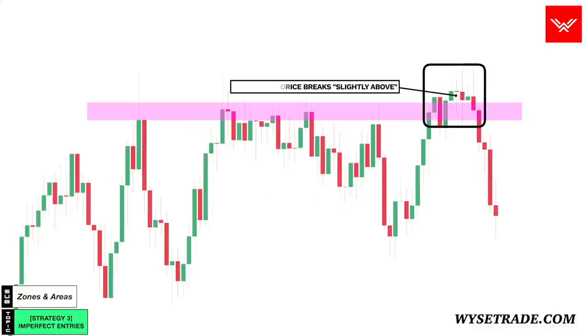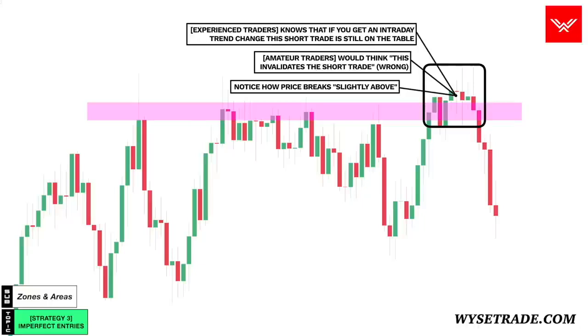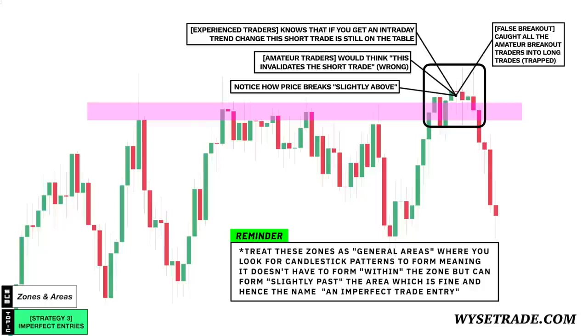price breaks slightly above. An amateur trader would then think this invalidates the short trade, where a more experienced trader, like you are now, knows that if you get an intraday trend change, this short trade is still on the table. Remember that you are looking for candlestick patterns to form in the general area. It doesn't have to be within the zone you created. It can go slightly past as well. This break above is also known as a false breakout, and amateur breakout traders all got trapped into long breakout